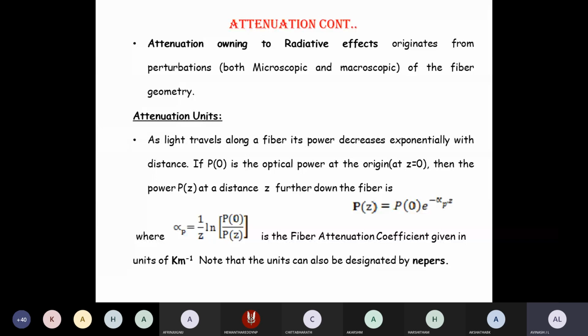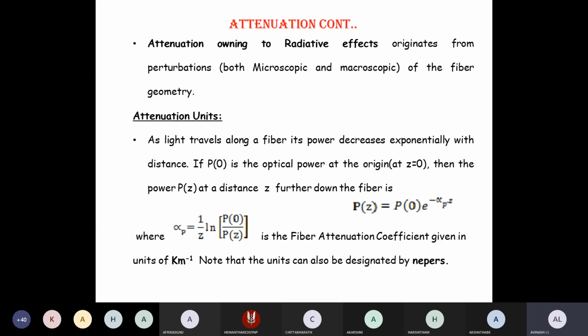So when Z equals 0, P(0) is the optical power at the origin. Then the power P(z) at a distance Z is given by